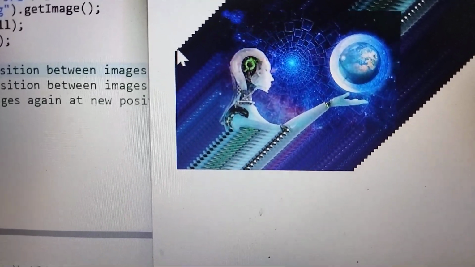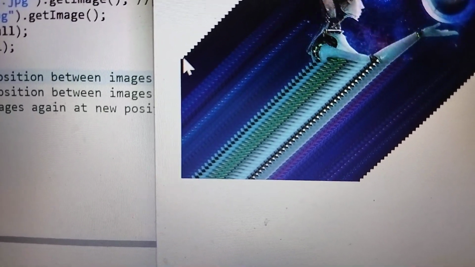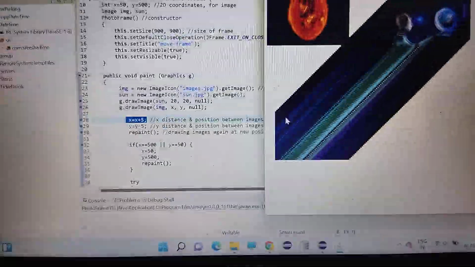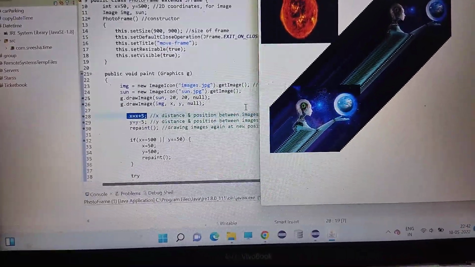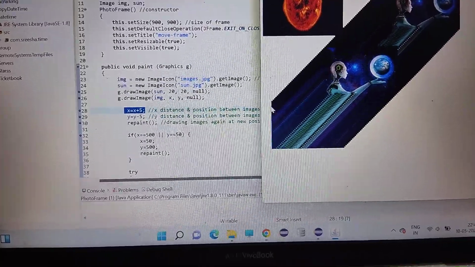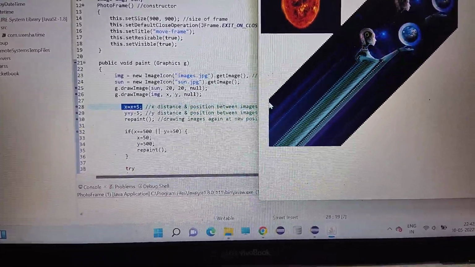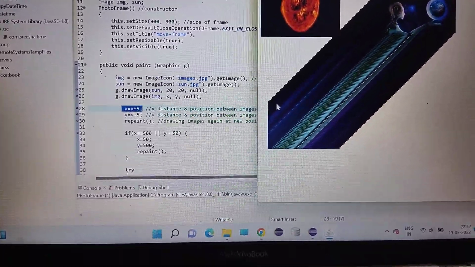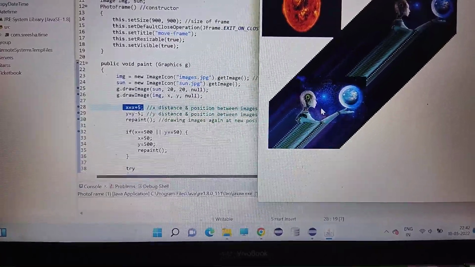So here, if we zoom in, we can see a small space, right? This is a 5 pixel difference between the first image and the second image, and it follows for all the images. So what happens is, when I increase the x position, the image moves to the right side. I mean to say, the second image will shift 5 pixels to the right, and